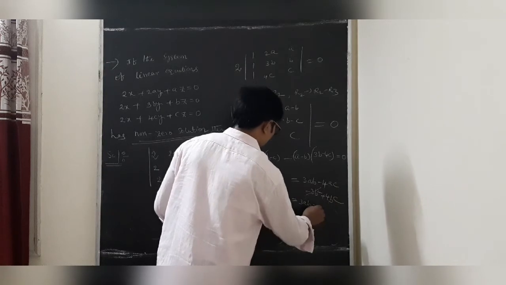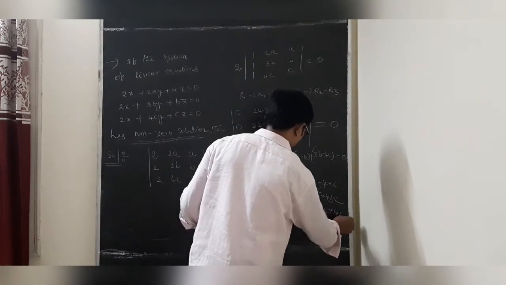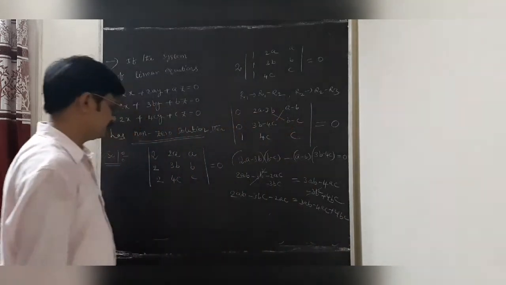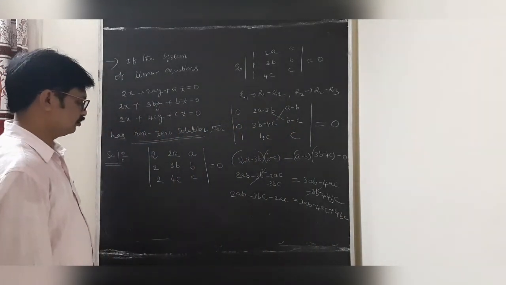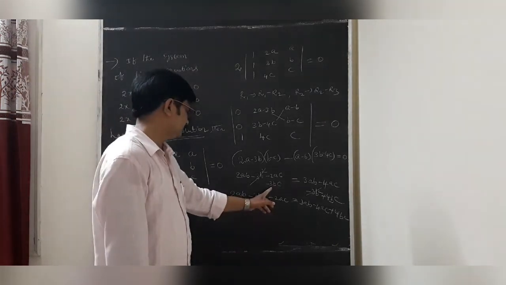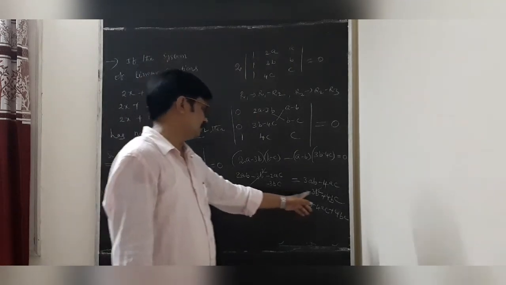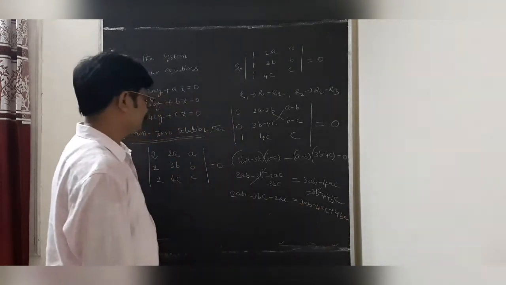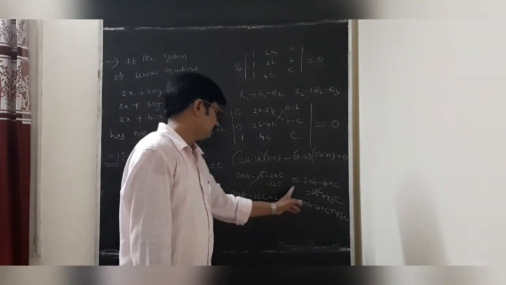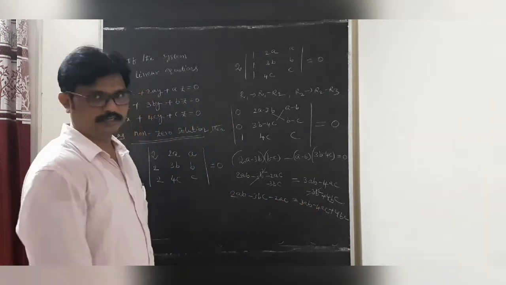3AB, minus 4AC plus 4BC. So dear students, just observe what is there. Minus 3BC is there here, and this is sent to the other side. 4BC and 2AC is there, that will also be sent to the other side, 6AC. My dear students.